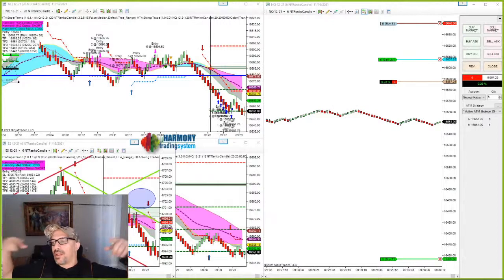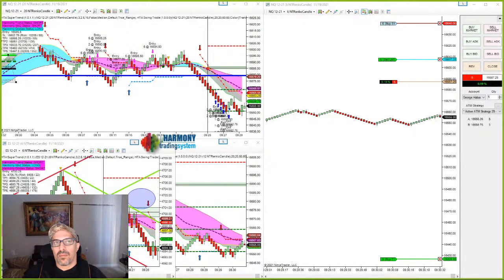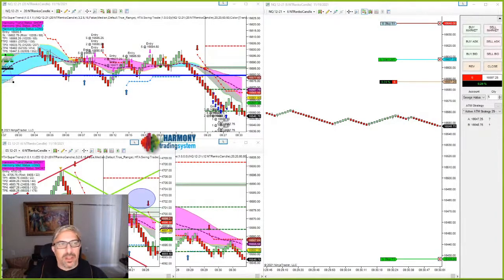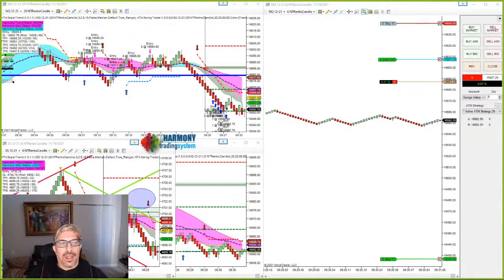That would be significant. So all these rotations you see in ES also are fairly weak. You have to get in there correctly. So basically, where I'm at right now is a good spot anyway. But my stop is still going to be that 17. If they want to come back and run it all the way back up and take me out, then good for them. I'll pay the price. But the bigger target for us here,